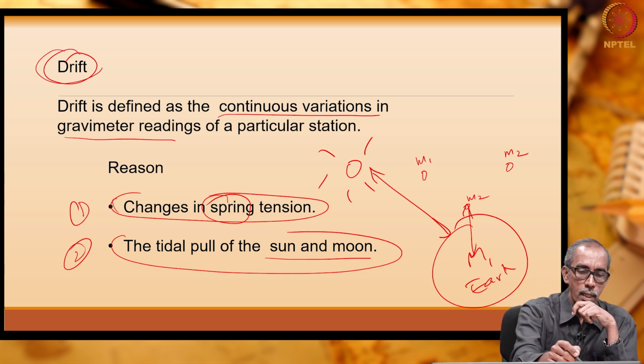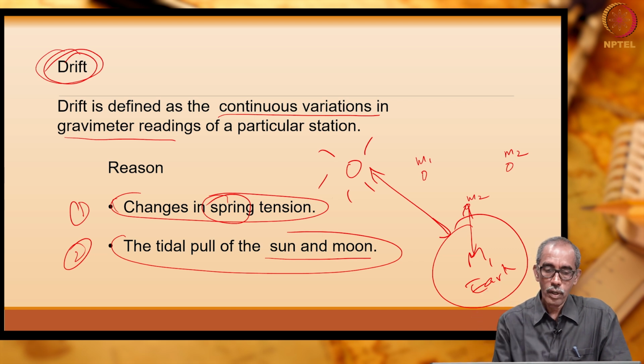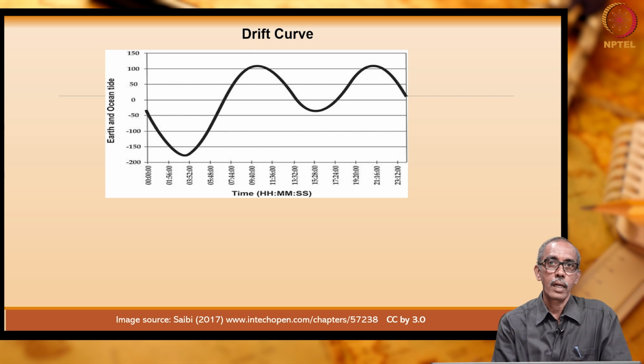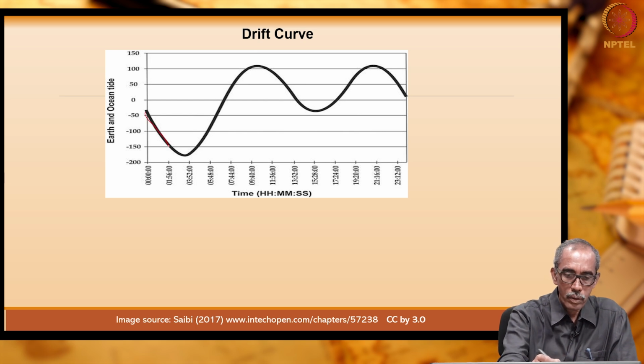That is what is known as drift of the instrument, which has to be measured by us. That is why we may have to correct our readings. So, this is what is known as drift in the equipment. Here is a picture of the drift curve. What is a drift curve? A drift curve is showing us the value of the gravity, either absolute or relative. Here we are seeing the relative gravity, how it varies with respect to time.